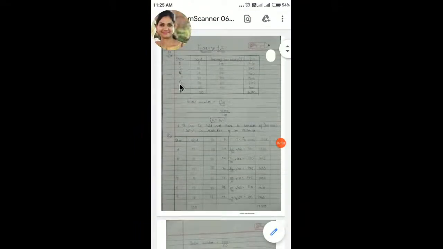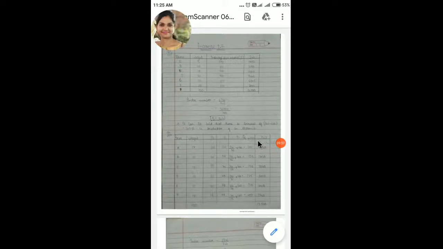Let's see how to solve. First, A: weight given, price of the year 2014 is P0 and P1 is given. We will find the first I. What is the formula of I? P1 upon P0 into 100, and the last column is IW. See, P1 24 upon 30 into 100, 80. 24 upon 20 into 100, 120. 70 upon 50 into 100, 140. 40 upon 32 into 100, 125. 48 upon 40 into 100, 120. 24 upon 16 into 100, so 150, right? We get the column I.